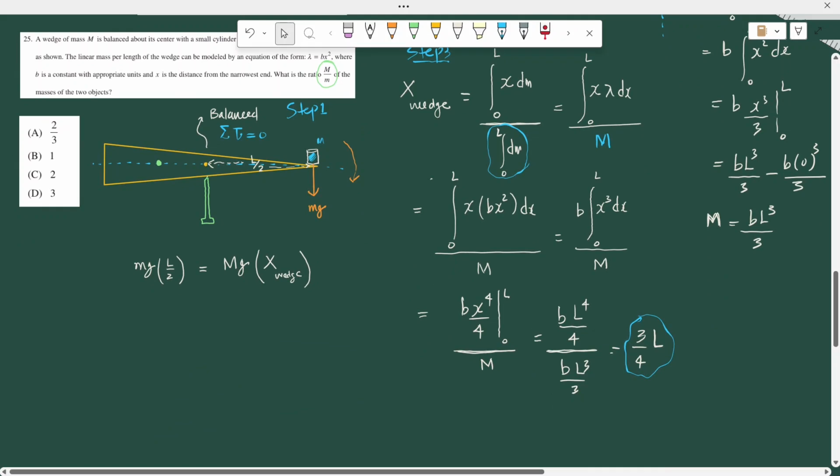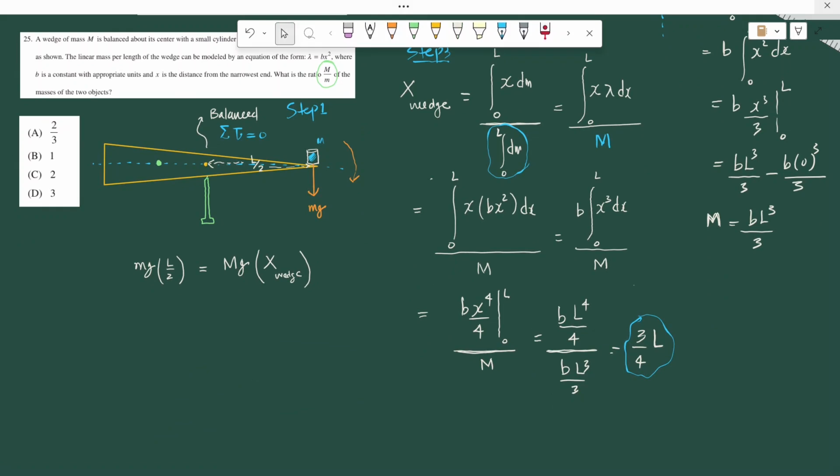Okay, so now we are going to put the value in step number 1. Sorry, here we don't have the x of the wedge. It's basically the distance of the center of mass of the wedge from the equilibrium position, which should obviously be equal to L over 4. So I must write here L over 4 and L over 4. Then you can solve it. If you multiply by 4 on both sides and divide by small m on the other side, you would get 4 over 2, and that is equal to 2. So the right answer for this question is